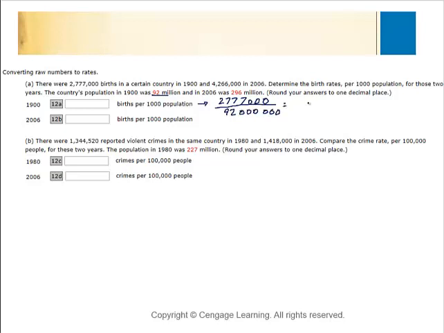Get this number, and for us that number is 2,777,000 divided by 92 million. I get this number here, 0.03018, really, and they want it per 1,000. So this is what our number is. So we go per 1,000, multiply it by 1,000, and you would say, moving that over, that'd be